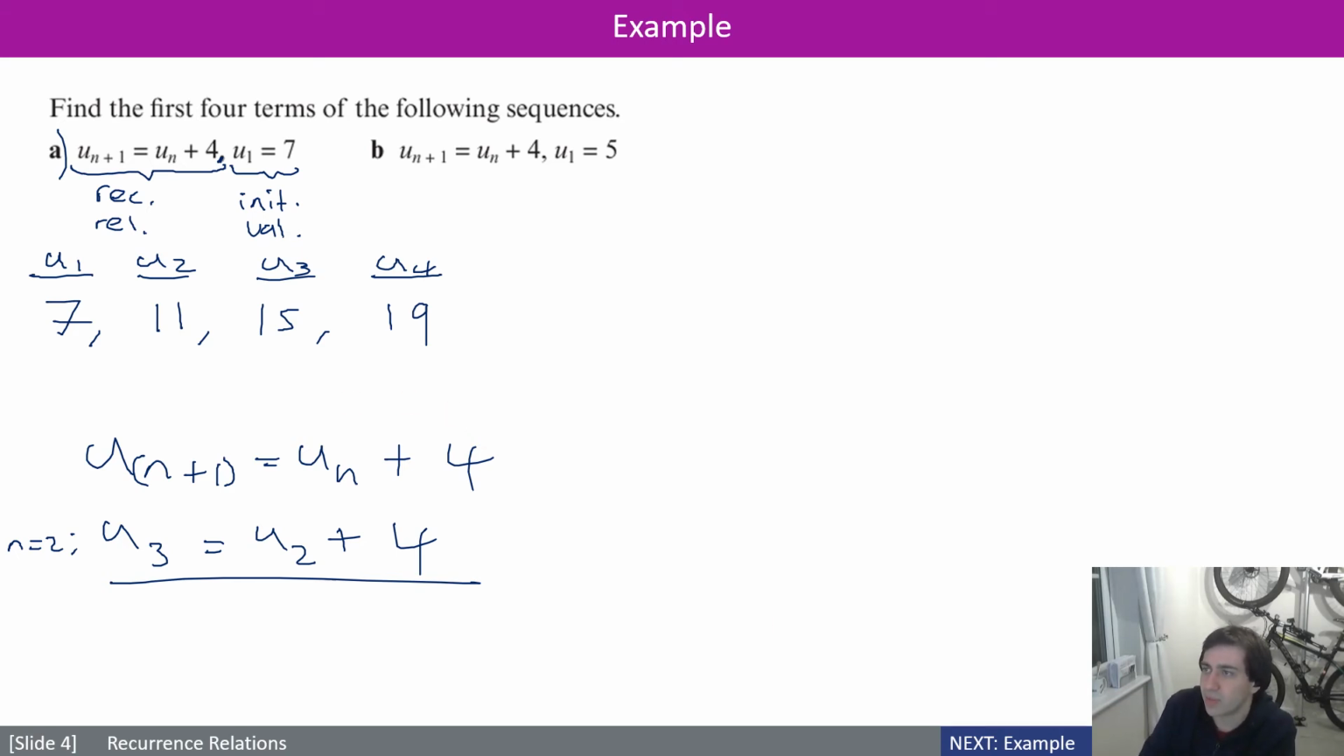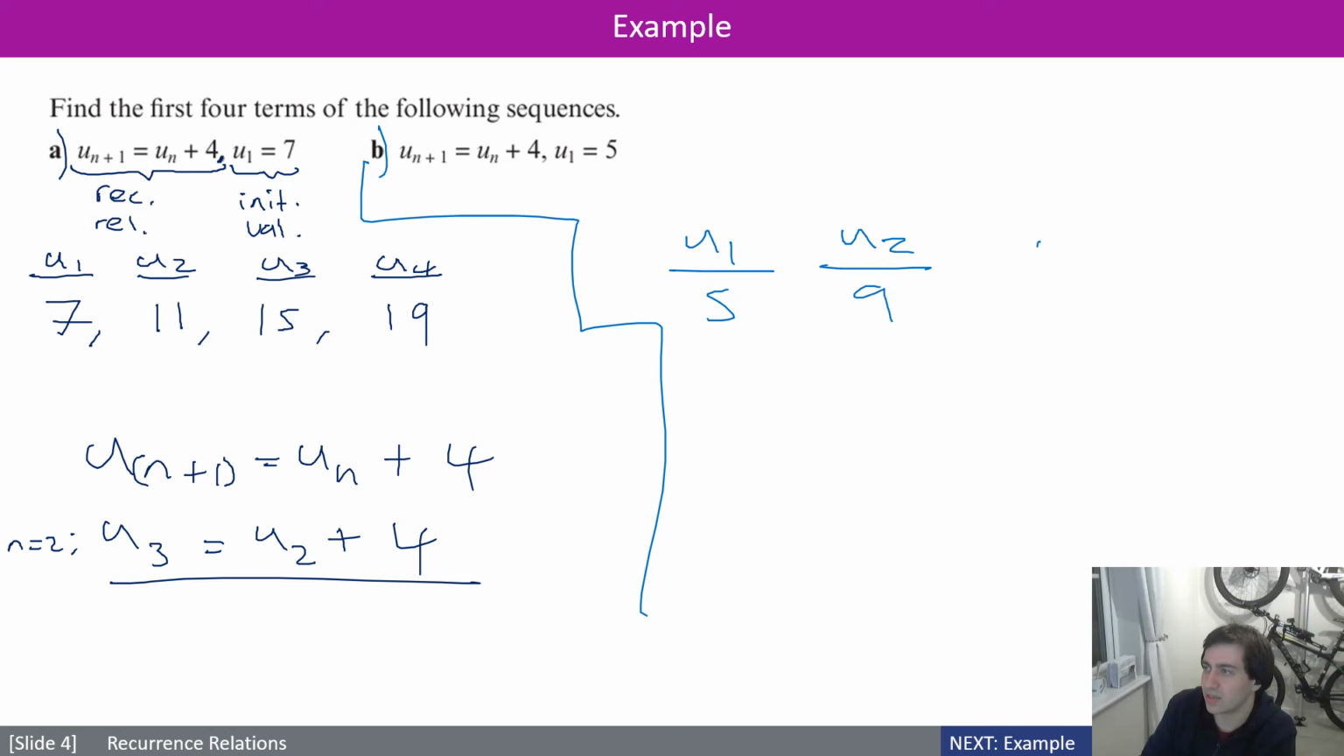Okay, let's look at B. Oh, it's almost exactly the same. That's a bit too easy, isn't it? So it's exactly the same rule, but you're starting with 5 instead. u1 is 5, and then you add 4 to the previous to get the next one. So we get 9, we get 13, and we get,